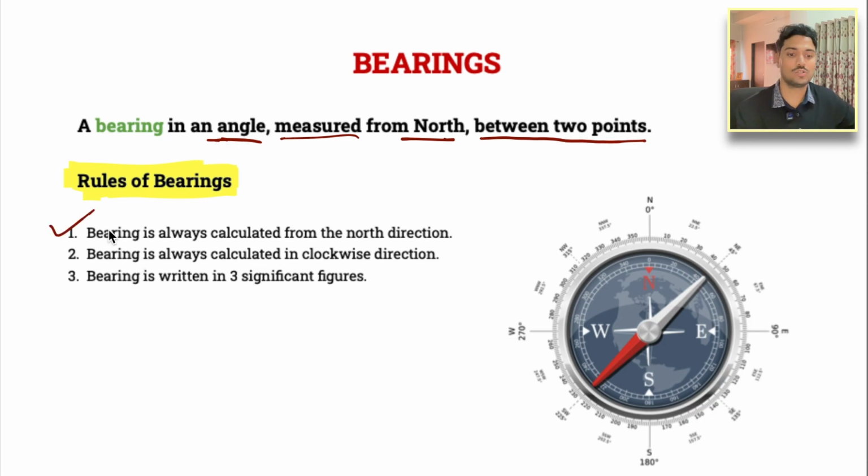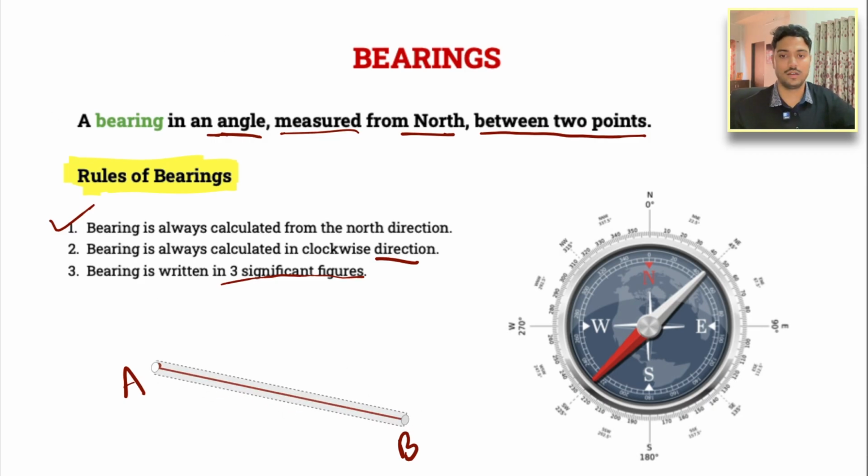It says bearing is always calculated from the north direction. Second, bearing is always calculated in clockwise direction. And bearing is always written in 3 significant figures. So let's check from an example. Let's say I'm standing at point A and my friend is standing at point B. So let's join the line A and B. And if we have to calculate the bearing of point B from point A, we'll always follow these 3